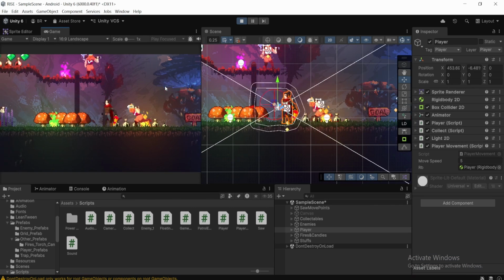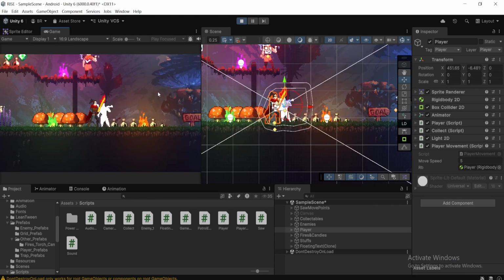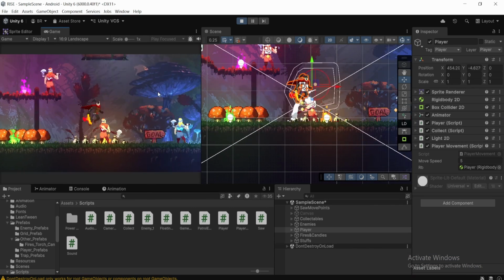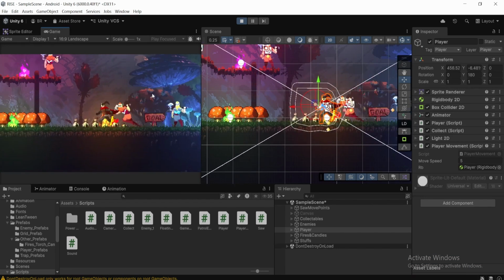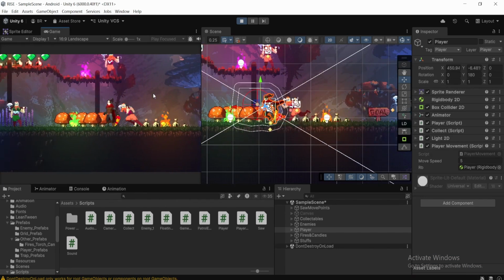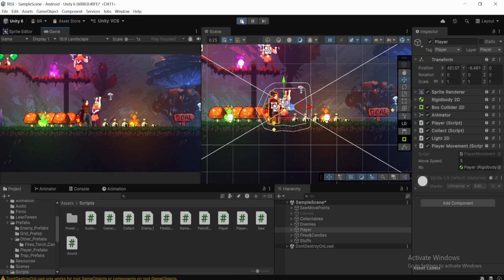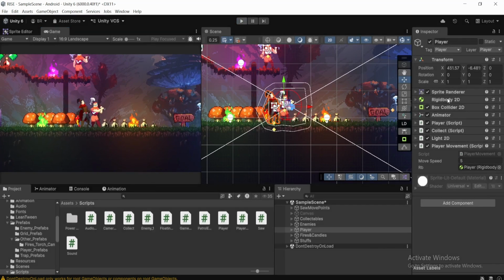And if we try to move, we can notice we can move left and right, and indeed it's working. So we can simply use the velocity of this Rigidbody